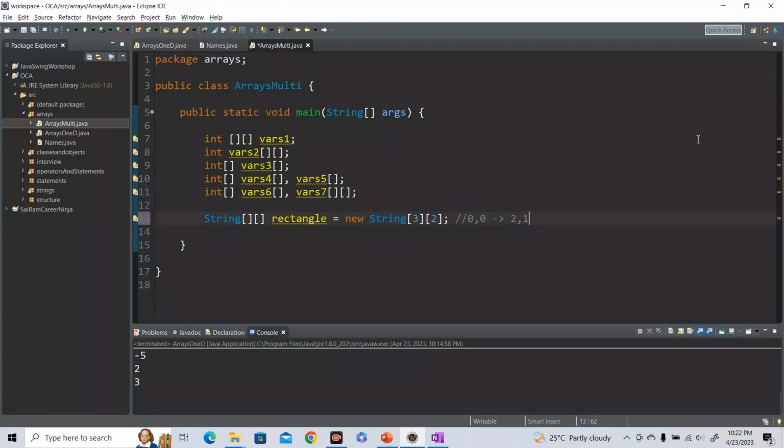The most common operation on a multidimensional array is to loop through it. But before going to that, let us first discuss how you can initialize a multidimensional array directly. So, 3 arrays of size 2. I can just say rectangle of 0 equals to, right, the first index I'll just say